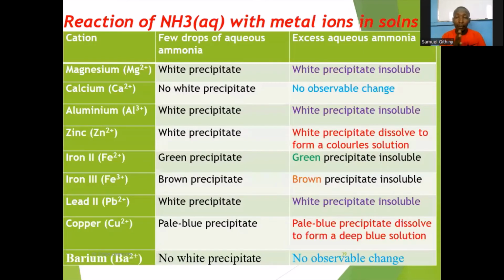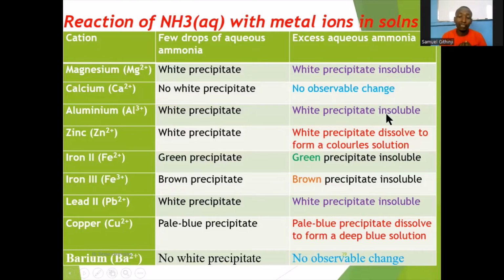This table is very important. When you're adding a few drops of ammonia and excess of ammonia, what exactly happens to a solution containing metal ions? I've listed down 9 of them. If it is magnesium, with few drops, a white precipitate is formed. In excess, the white precipitate is insoluble. You can see some similarity with lead 2 ions: white precipitate that is insoluble. Barium ion, it is aluminium. Aluminium again, white precipitate